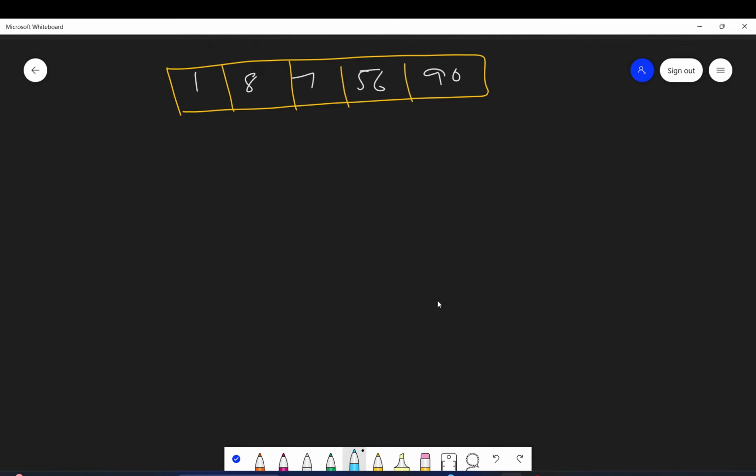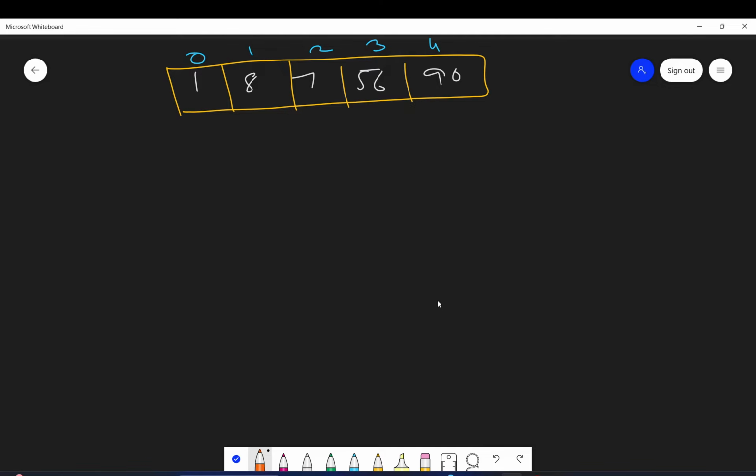You can give index 0, index 1, 2, 3, and 4. Indexing always starts from 0. Okay. Now I have to find out what is the largest element here. What is the largest element here? So the largest element here is 90. Right? It's 90.